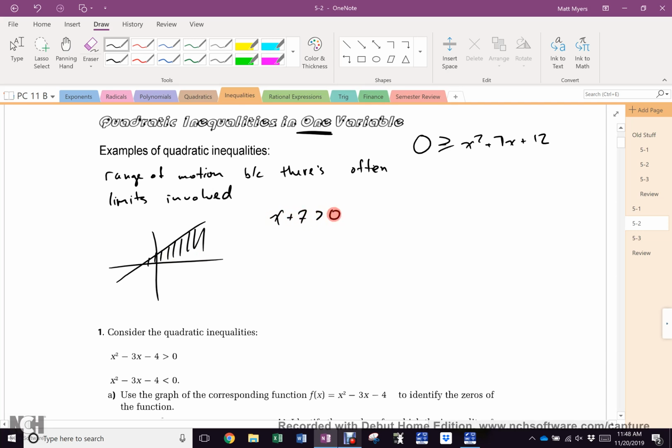One variable, yeah? So what's the answer to that? X is greater than -7. And on a graph, it looks like this. -7, like that, yeah? So when there's one variable, it's always going to be a straight line. Even if it's a parabola. Everybody cool? So, because we've only one variable,